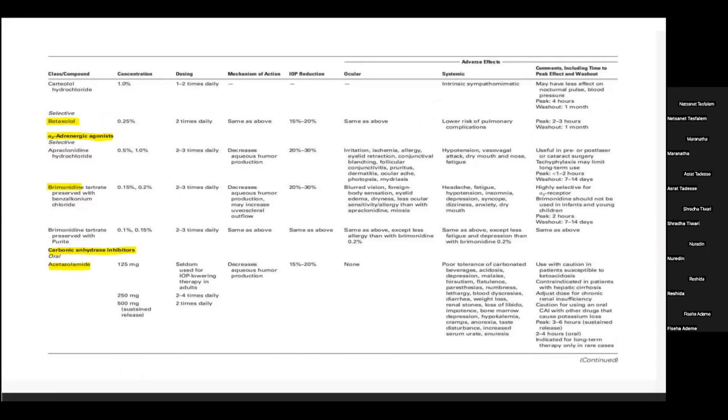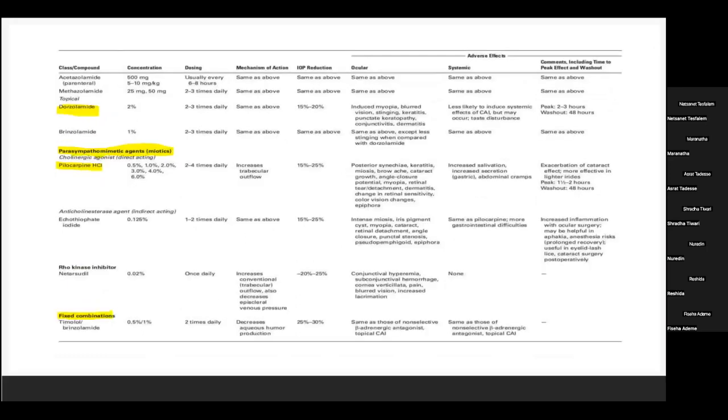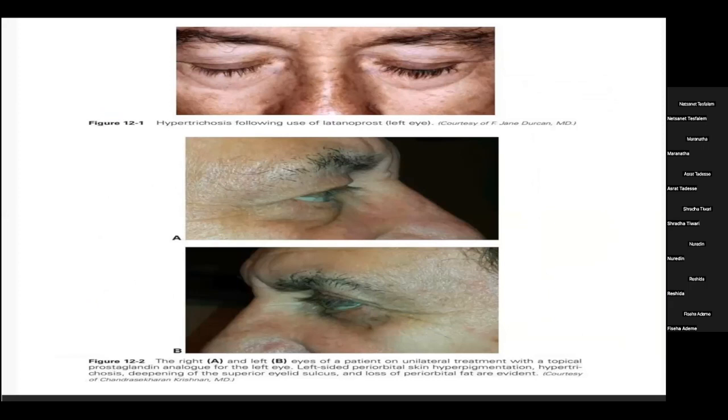And here in this picture, what we can see is usually seen with the prostaglandin analog. So in the left eye, the person has used latanoprost, so we can see thick long lashes. And also in the last two pictures, in picture A it's a normal eye, but picture B is the eye of the same patient where the patient had unilateral treatment of glaucoma with prostaglandin. And here again we see periorbital hyperpigmentation,